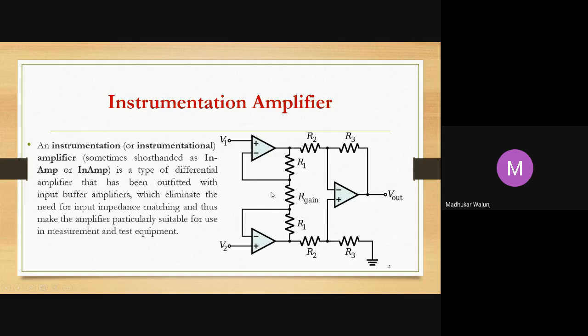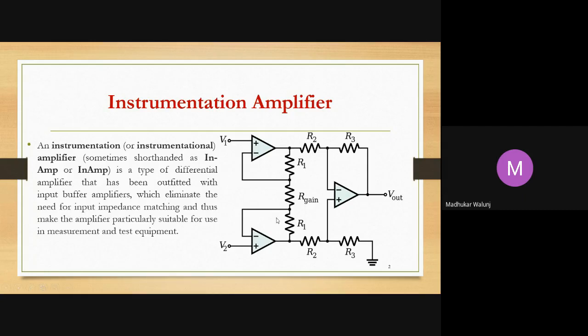Similarly, at the bottom side, there is another operational amplifier. V2 is the voltage that is connected again to the non-inverting terminal, or we can say the positive terminal. Keep in mind that V1 and V2 are connected to the non-inverting terminals. Though we have started with positive on the upper side, then negative, then negative and positive, many students make a mistake at that point where they place positive, negative, again positive, negative. That becomes a false instrumentation amplifier.